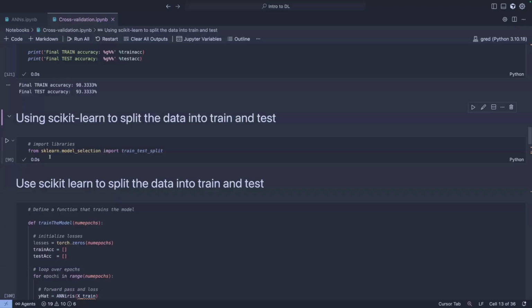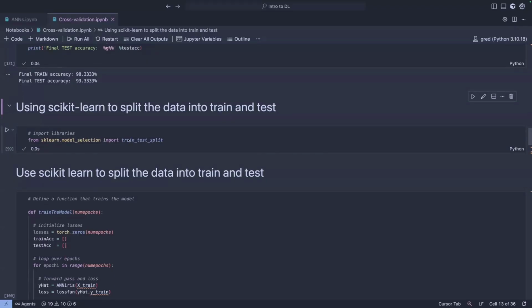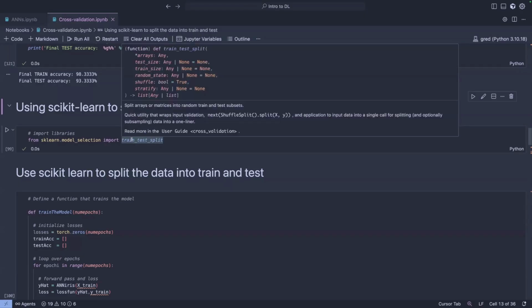So this is where using something like scikit-learn has a really nice function, train_test_split, and this is like a gold standard in training all the classic machine learning models. In any book on machine learning you will find that train test split is one of the very early functions they cover, because it's very widely used and it's crucial to training models that you know how to split them properly into train and test. And there are a lot of options and arguments that you can pass to this function. If you just check the documentation, there is a ton of things that you can do.